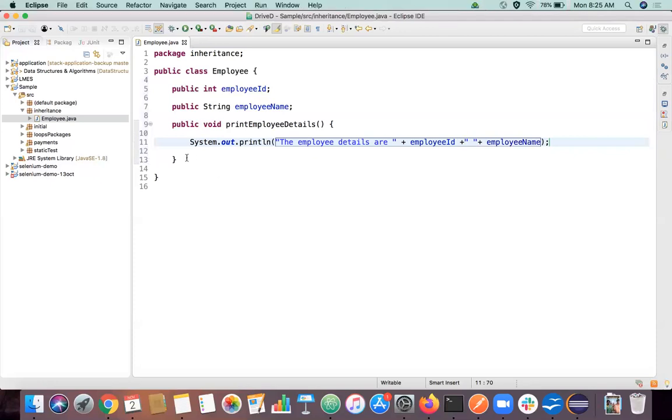So I have this classical employee where I have two variables. One is of employee ID. One is employee name, and I have just one method to print these details. Right. So what I'm going to do, I'm just going to create one more class called, let's say,